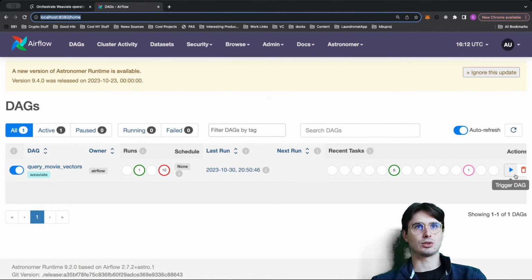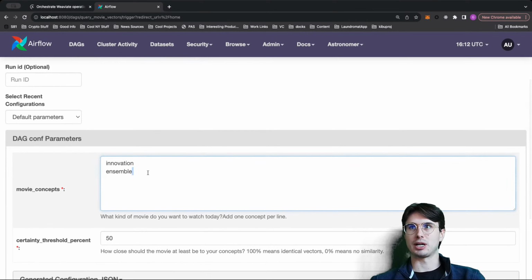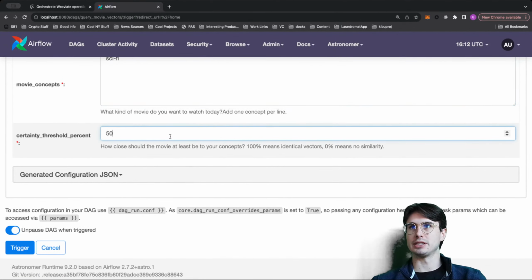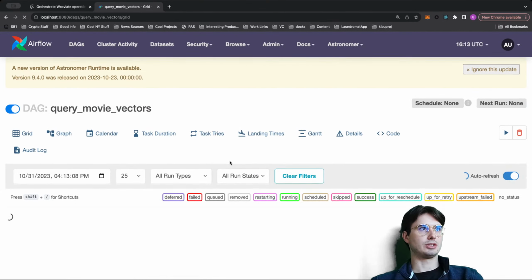So here, if I hit query movie vectors, when I trigger my DAG, you see instead of just triggering, it'll actually prompt me. So I want sci-fi, and I want it to be 90% close. Or you know what? I'm feeling loose today. Let's go 10%. I only want something that's 10% close. I'm feeling like I want to branch out a little bit. So now what I can do is I have this query